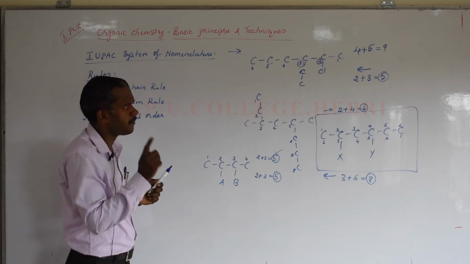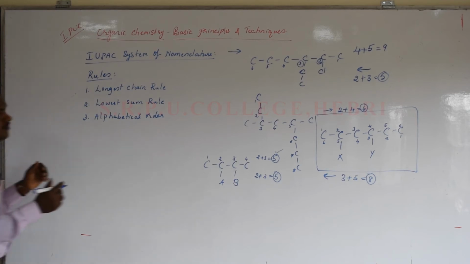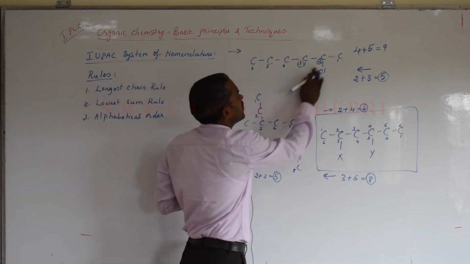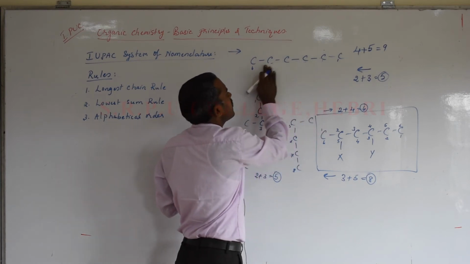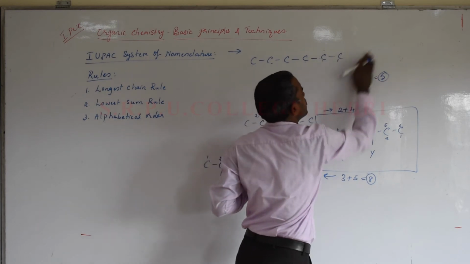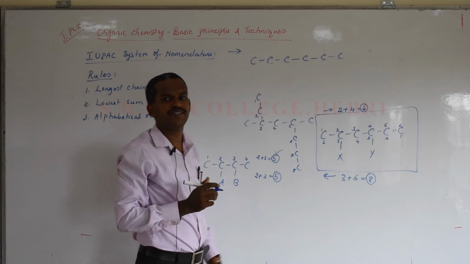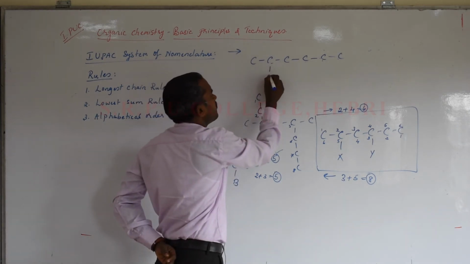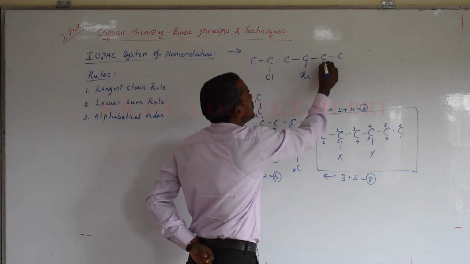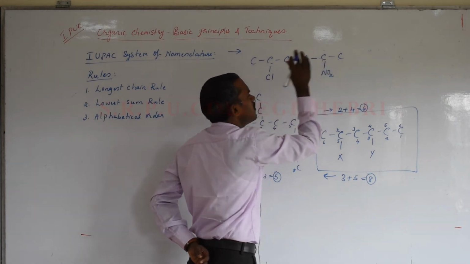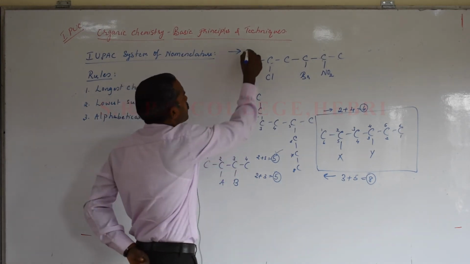So let me take up one example. See, in this case only, let me write the substituents. However, the numbering you already understood. Let it be, the lowest sum is not required now. I will write more than one substituent. Say for example, I'll write here chlorine. Somewhere here I'll write bromine. Here I'll write NO2 group. Rest all will be the hydrogen attached to the carbon chain. So when you look at this example,